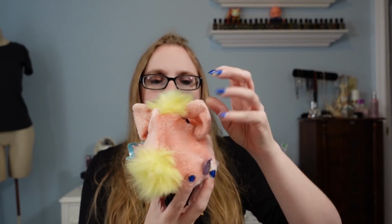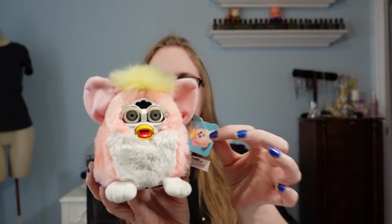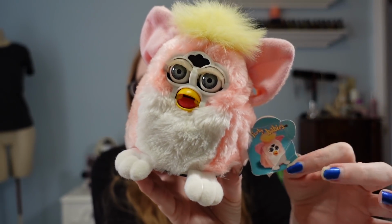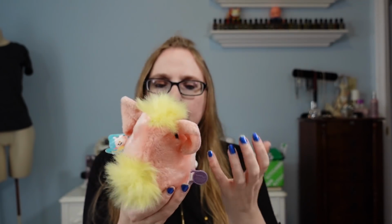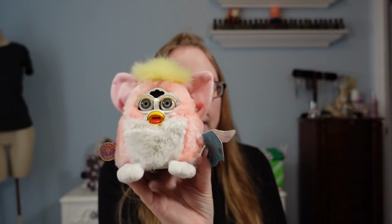I got this vintage Furby. This one's little. It's called a Furby Babies. It still has its tag. The tag is kind of bent up, and he doesn't have batteries in him right now, but I did put batteries in and it works perfectly. It is from 1999 is the year on that. I paid $1 for this Furby. Actually, I think it was 75 cents, but we'll say it was $1. And I have him on auction with a starting price of